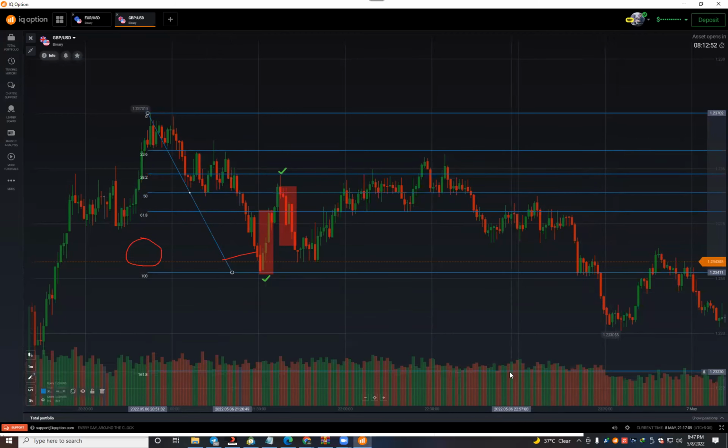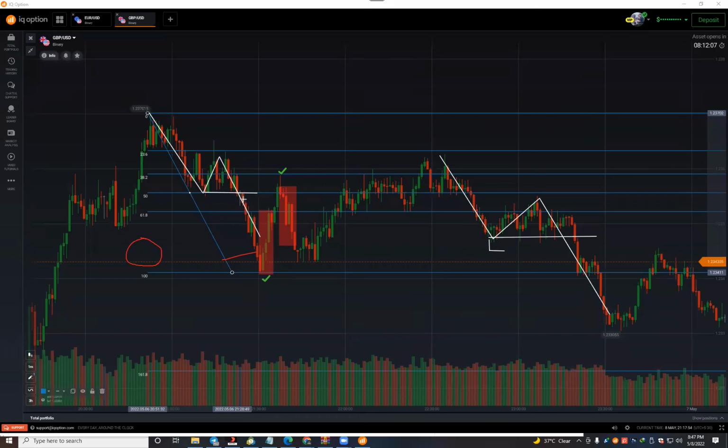Is it touching the 1.61 here? No. It means we need to redraw the Fibonacci with a different high and low. If I check, this is a perfect level which I can draw. One thing to keep in mind: when selecting the low, you select the low which will be breaking. If the low is not breaking, you don't select the low. Select the low when it will break. Why did I select this low? That is broken. Okay.